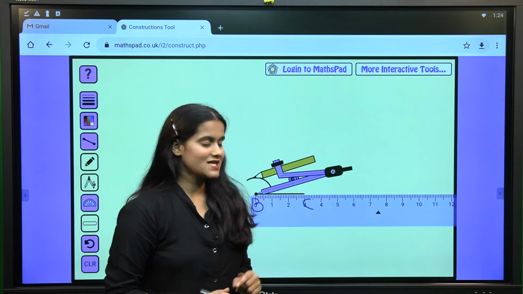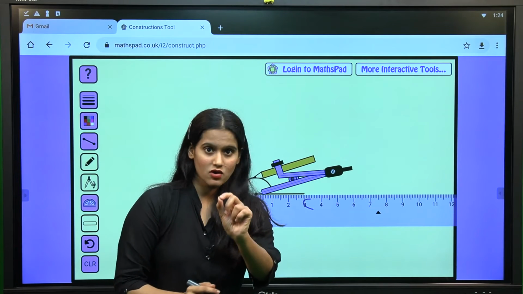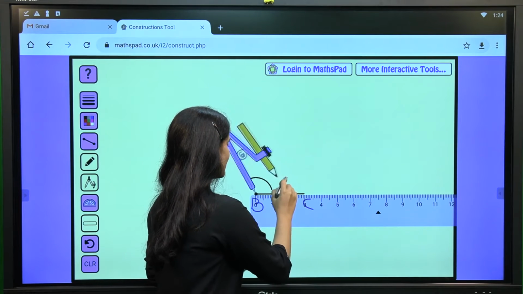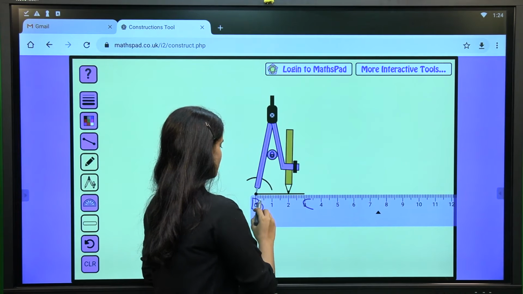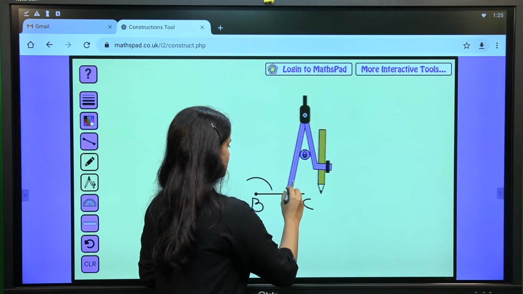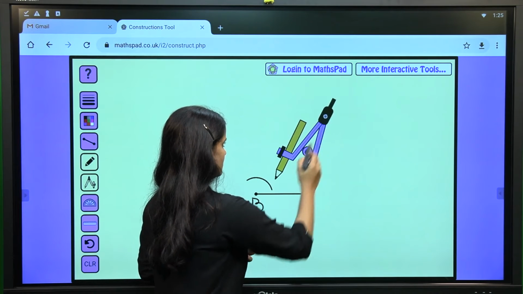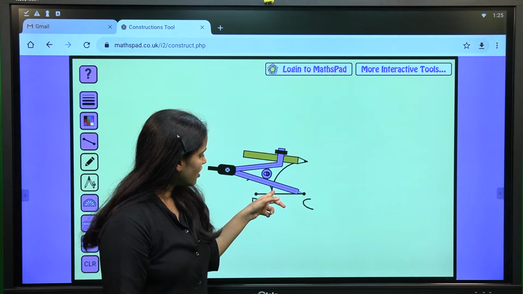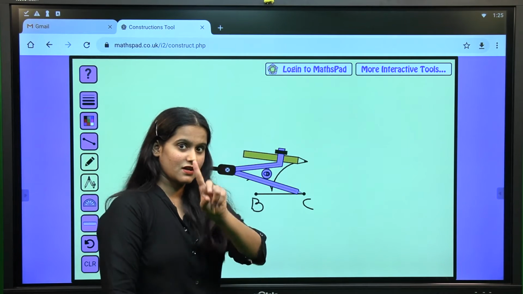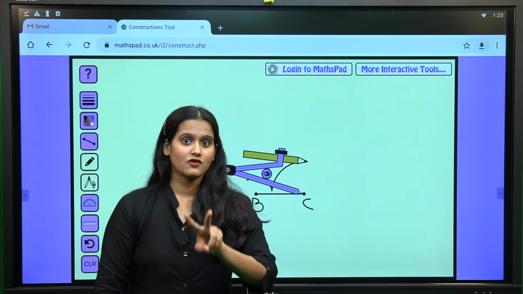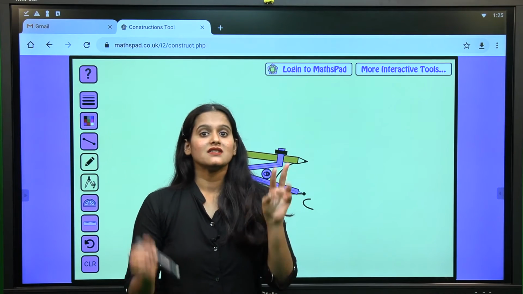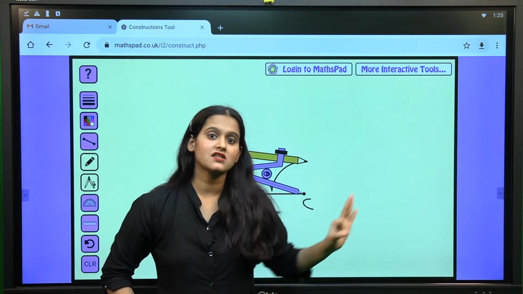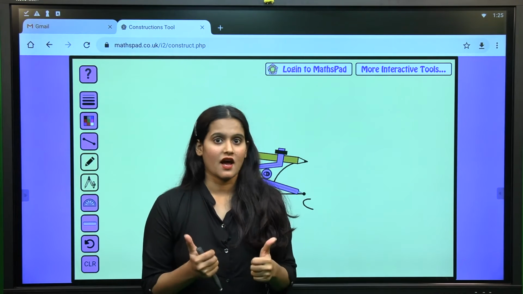Next one is AC. For that, C was common, right? So, here C as a center, 2 centimeter was the radius there. I will just draw something like this. You can see there is no intersection point at all here. The third condition was not matching. So, it is compulsory that the sum of two lengths should always be greater than the third side. For all the conditions it should match, then only you can construct the triangle.